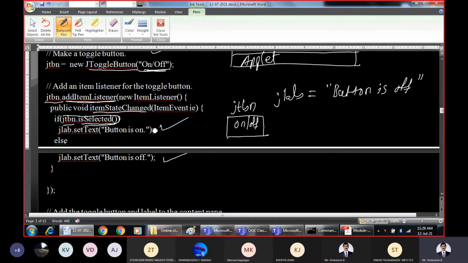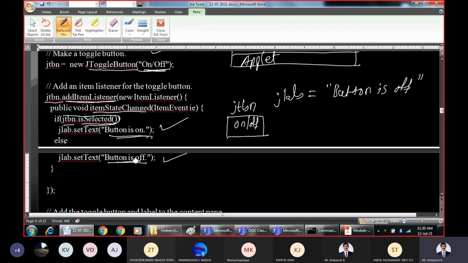And if you press that, it will change again to button is on. If you press it again, it will change to off. On and off, it will be toggling between the two possible options. Because in some of the real-time applications, you may want to perform a set of actions whenever you select some button.